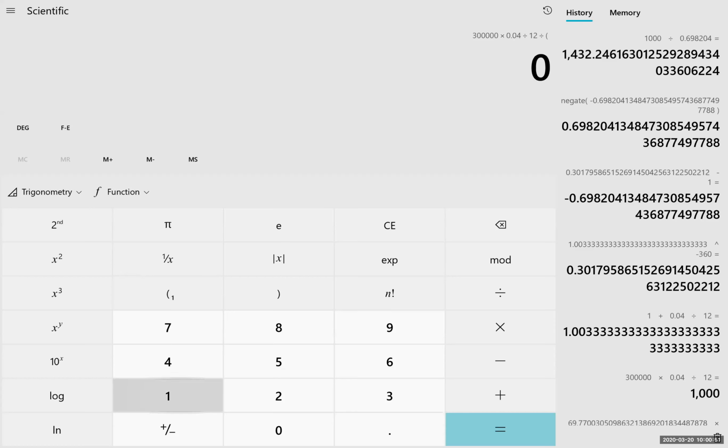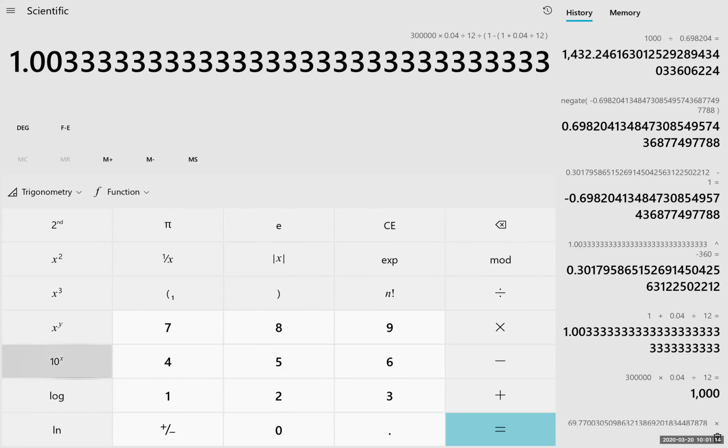Parentheses, 1 minus, and then I have to have the second set of parentheses, the nested parentheses. You notice here on this calculator, it says this is the second set of parentheses. 1 plus 0.04 divided by 12. And then I will close the parentheses, raise it to the power of negative